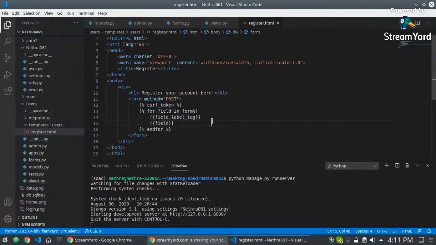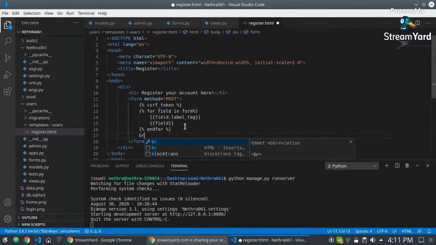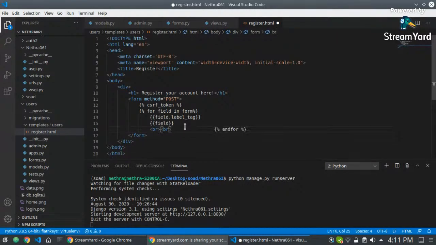So as soon as you put data here, it will take the data and use it for processing. Okay, so I'm just going to put a break statement here for better readability. And after that, after the for loop,